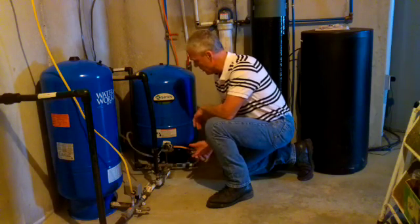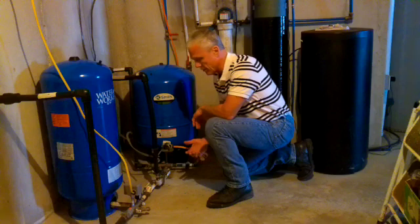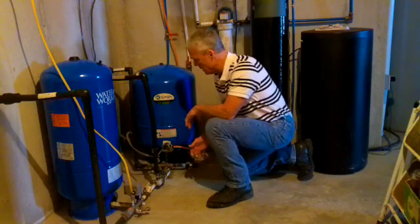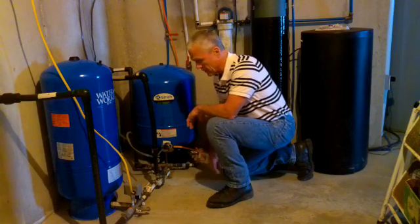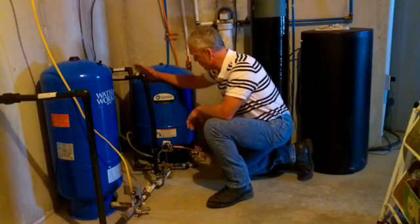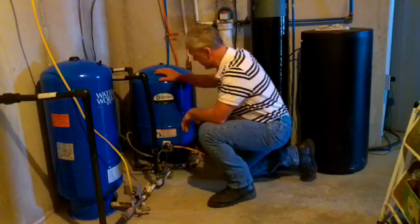Most of you are not going to be off-grid, but even if you're not, that's going to tax your pump to where you're going to prematurely fail your pump very quickly, because that would be a horrible drain on your pump. So you need to have a pressure tank because when the pump kicks on, it fills this pressure tank, and this tank